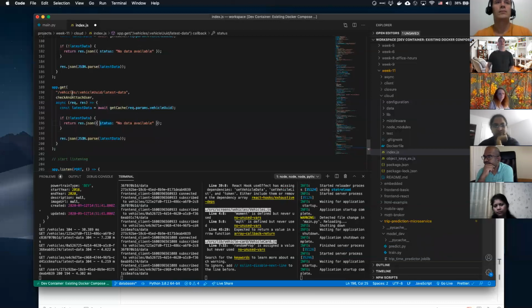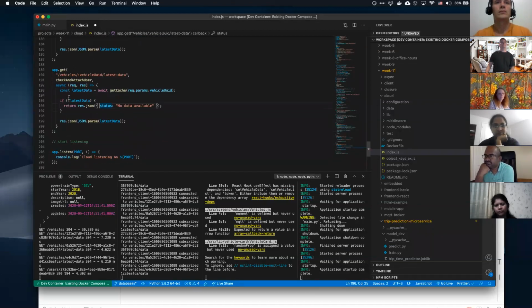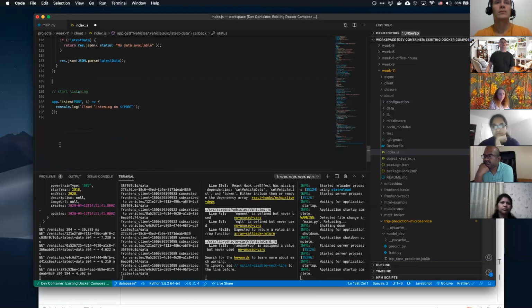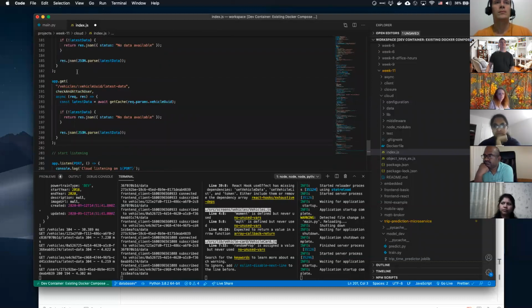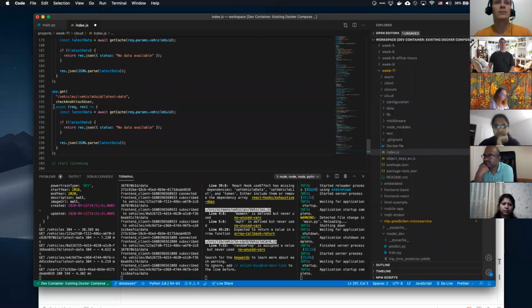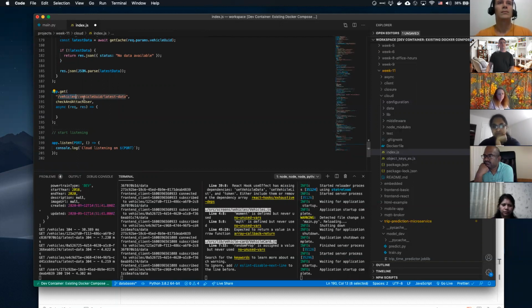So what do we got to do? Well, we got to do a new get route, which I copy and pasted from here. So I'm just going to use the stuff that's in here, and I'm going to make a new route. I'm going to still do vehicle UID, because it's going to be based on the vehicle. The reason is because every vehicle is unique, right?